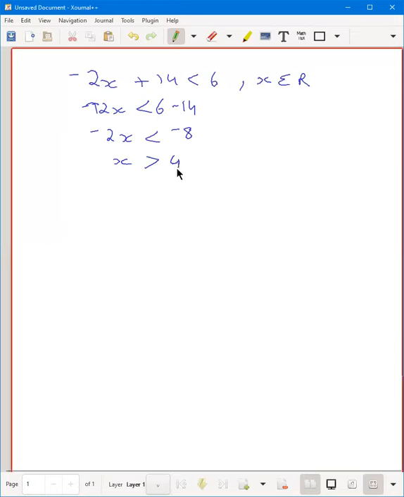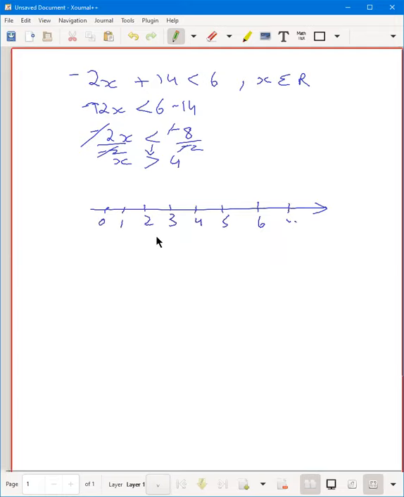No. X is greater than 4, because what we will do, we'll divide this by minus 2 and this by minus 2. So minus gets cut, minus gets cut, we'll get 8 by 2, which is 4, and the sign changes. So if we look at the number line now, x is greater than 4. It's not equal to, so if this is the number line, 0, 1, 2, 3, 4, 5, 6, 7. It's a member of the real numbers. So since 4 is not included, we'll do this, and we'll just highlight all the rest of the portion. Since it's a real number, the entire number line has to be highlighted.